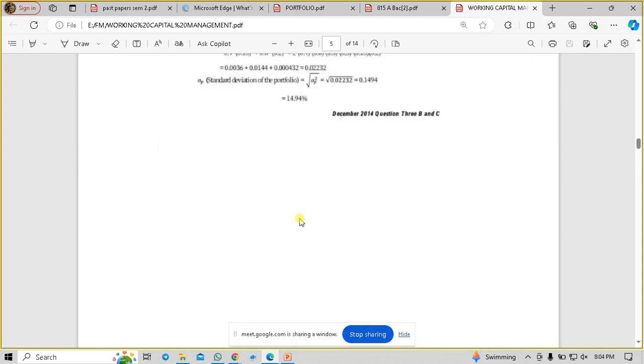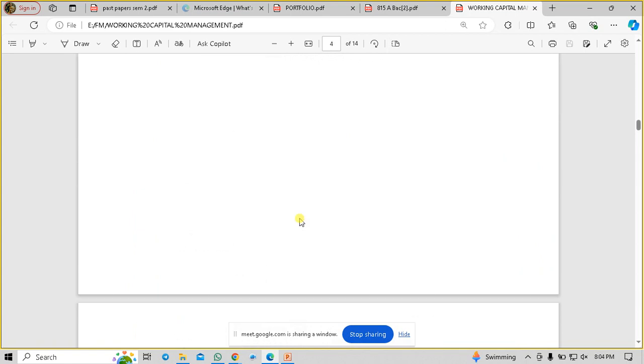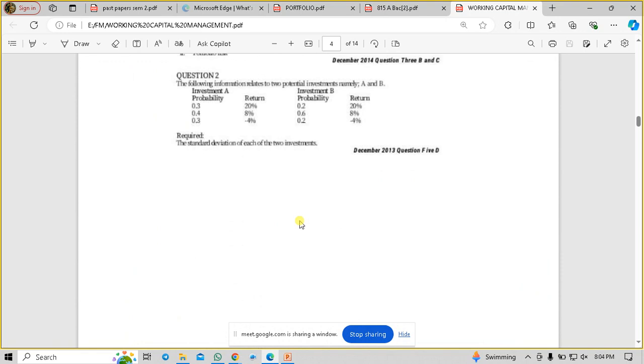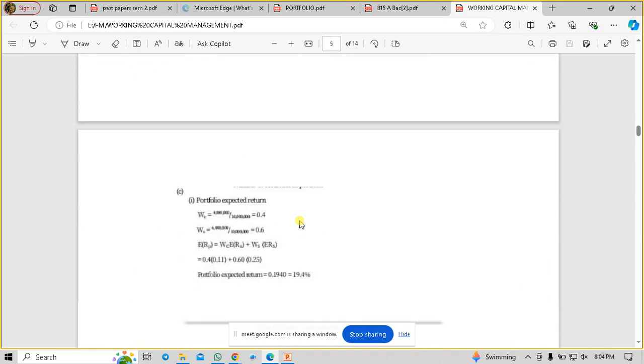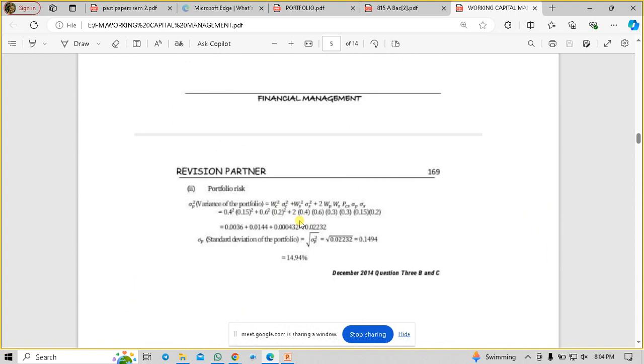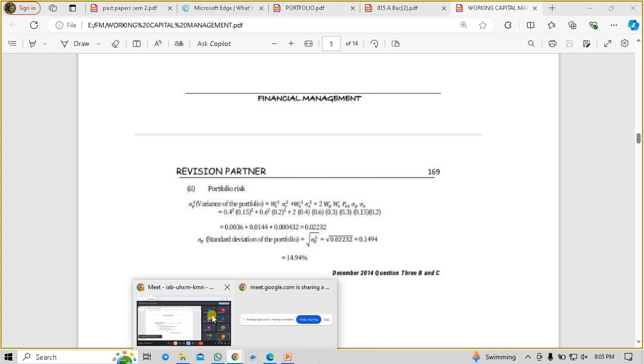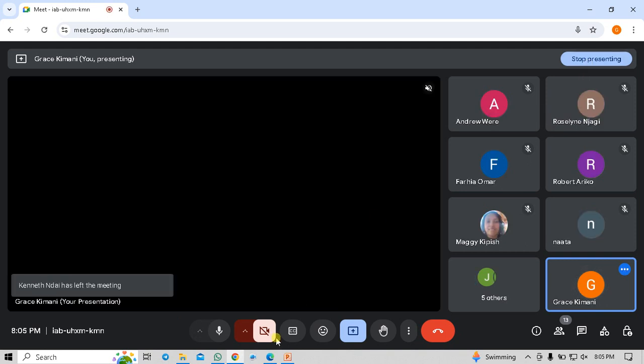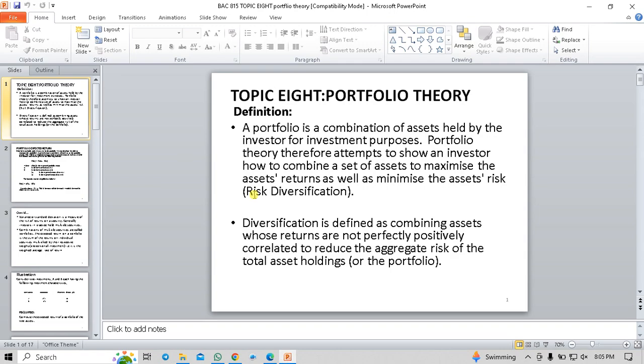Sasa hii formula yake lazima mpendane na kukram. Portfolio expected return, portfolio risk. So let me show you, the formula is in the notes. What have I done? Let me stop presenting first. I opened the